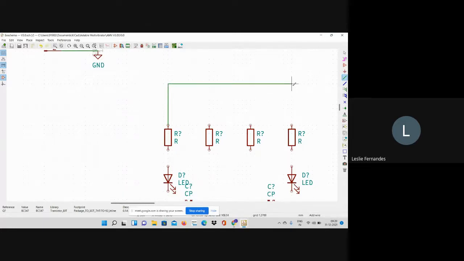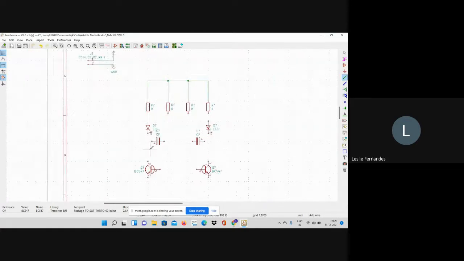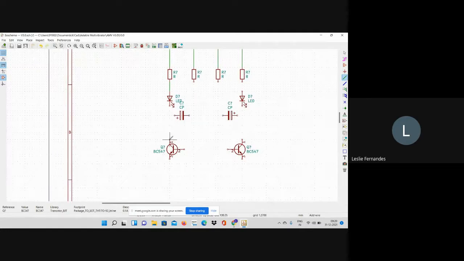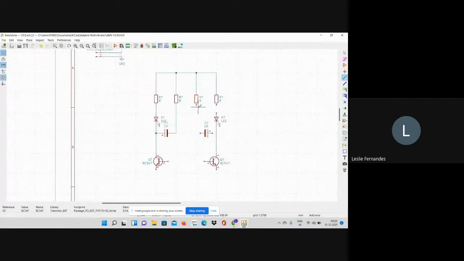Just so that the circuit looks neat, I'm following the grid that is below. It will make it all symmetric. Basically, you will want your circuit to be reviewed by your mentor. So you will want this circuit to be symmetric and it should look neat. If it's not neat, it will be a little difficult to troubleshoot. So always try to place the components on a grid, and try to make the circuit as neat as possible.